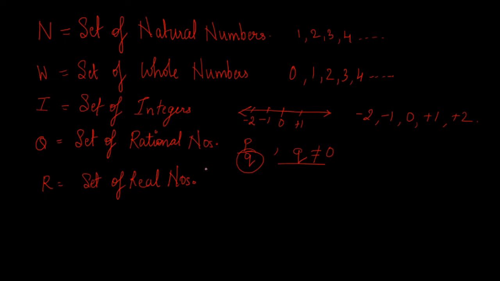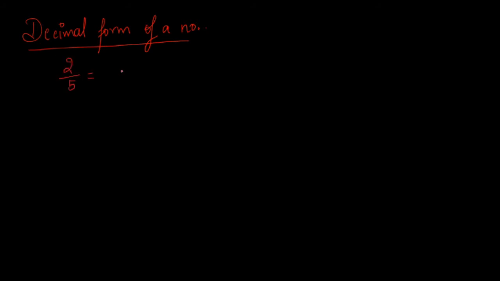We move ahead with the sums. We'll be starting with the first type of sums that they ask in this chapter. The first thing that the students need to understand is the decimal form of a number. Okay. Now what is meant by the decimal form of a number, children? Whenever we say decimal form of a number, say I have the number 2 divided by 5. Okay. 5 ones are 5, how much are? So you have 0 and then 4. So now this is called the decimal form of 2 upon 5.